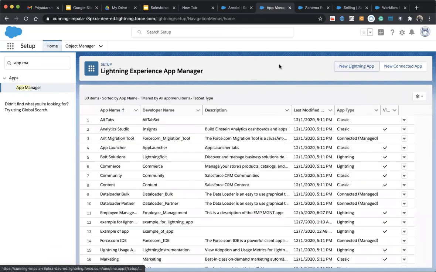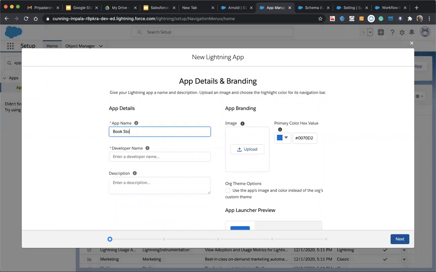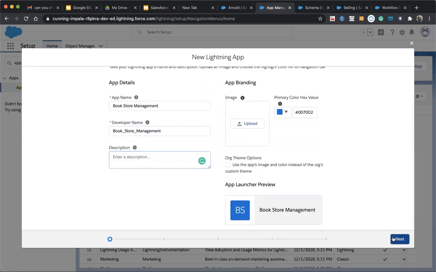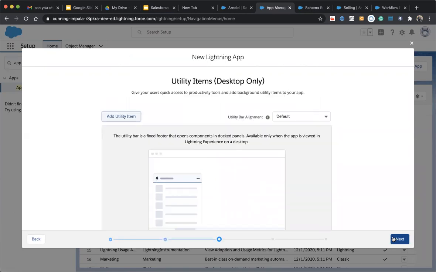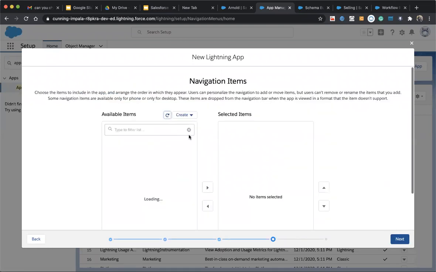So I was just creating that app, and the app name is my book store management. I will leave everything as it is, and I will add my book.